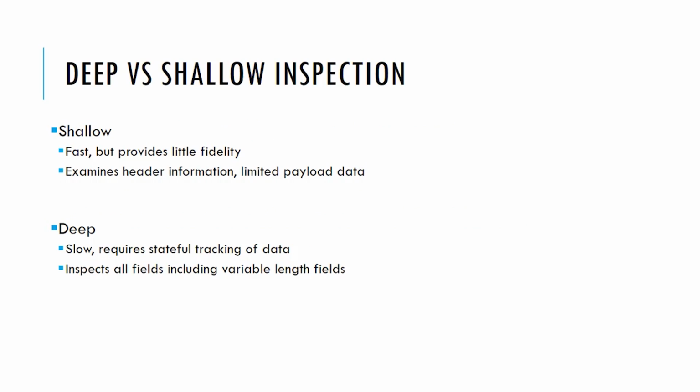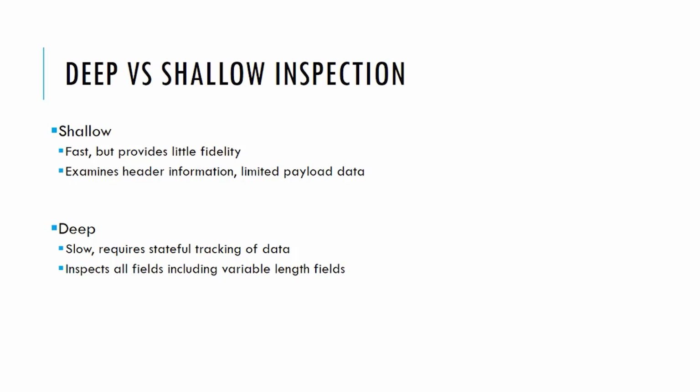The shallow inspection is fast but provides little fidelity because it examines only the header information of each packet and some limited payload data, maybe the first 65 bytes or something like this. So it is fast because the examination is